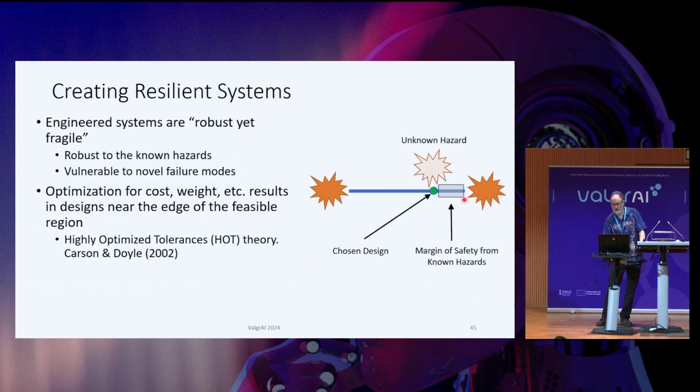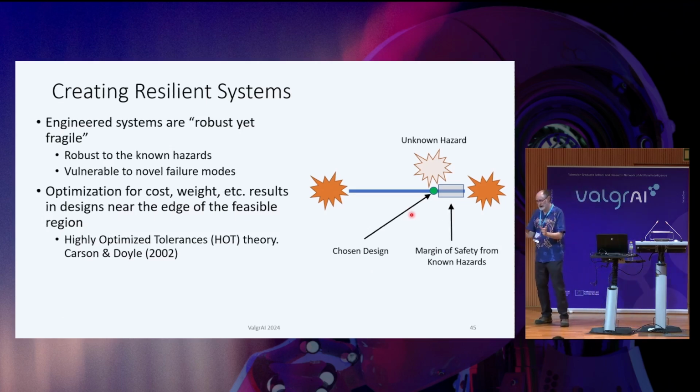So imagine for a moment we have this design space here that's just the blue line. I had to do this in one dimension. So we have a one-dimensional design space, and we know there's a hazard over here, and we know there's a hazard here. So we maybe put a margin of safety with respect to the known hazard, and then we optimize once we put in those margins of safety. I meant to have one here too.